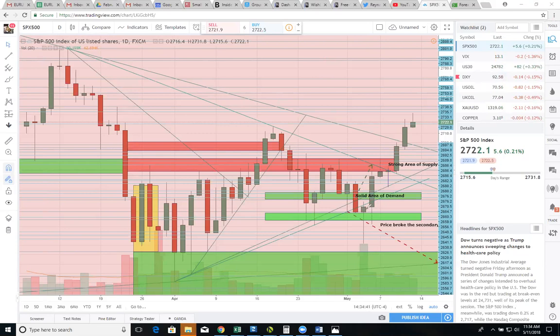Always wait for the closing price to finish when you're analyzing a chart. This can establish the amount of force and the direction of price. If the closing price closed here and this is a bearish candle, easy, price will head back to this side. And then when this happens, you can change your analysis. Okay, now back to the demand area, back to the original forecast that the price will go to 26.94,